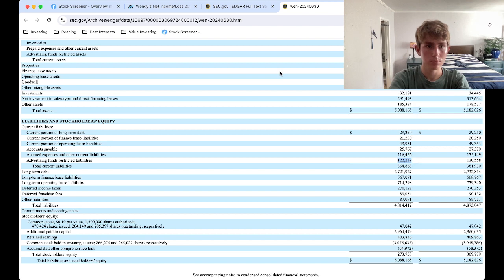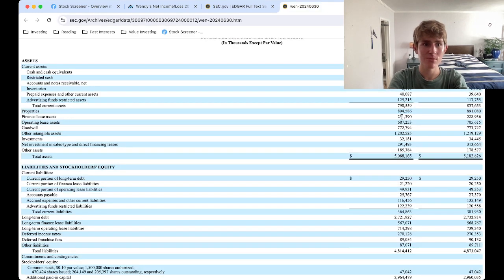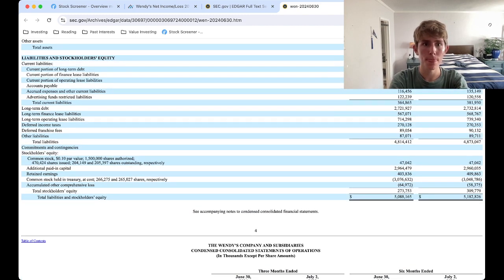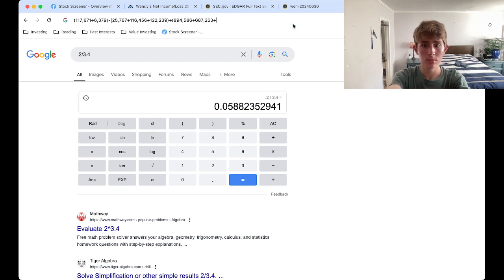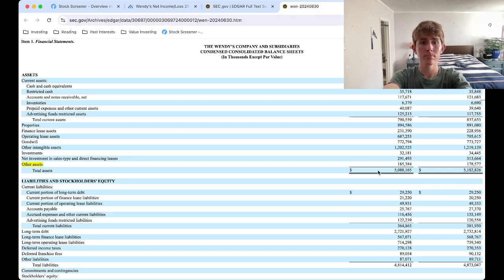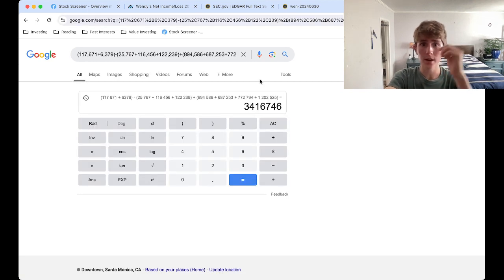Finally, plus properties. Lease assets. Operating lease assets. I'm actually not going to include the financing, because I'm more doing an operative standpoint. Goodwill, other, not investments. That's okay. I think I could guess what other is. Okay, so the total is going to be 3.4 billion